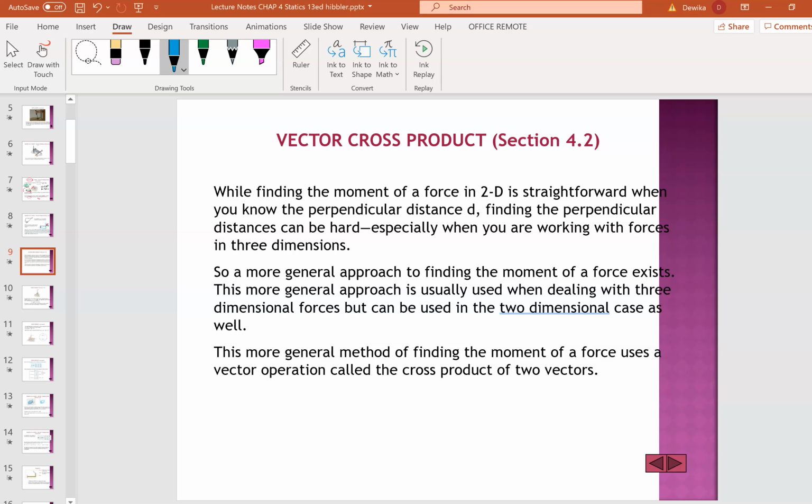Welcome to textbook 4.2, which is cross product. In this PowerPoint slide, it is called the vector cross product. Finding the moment of a force in 2D is straightforward